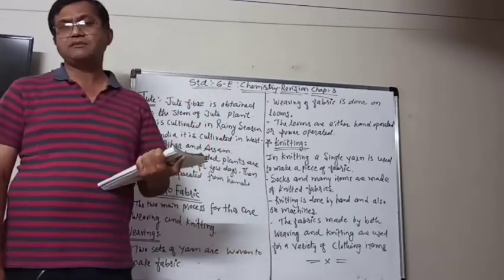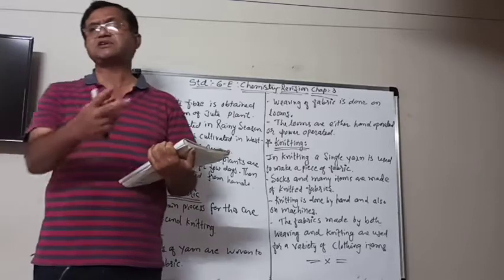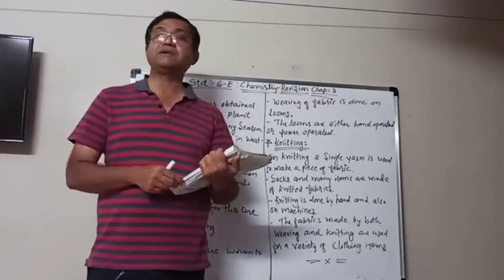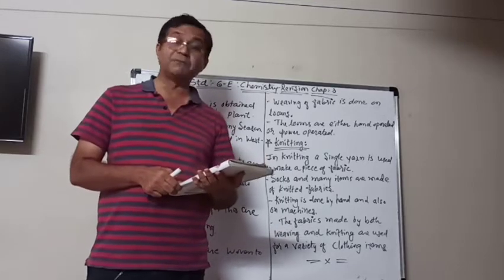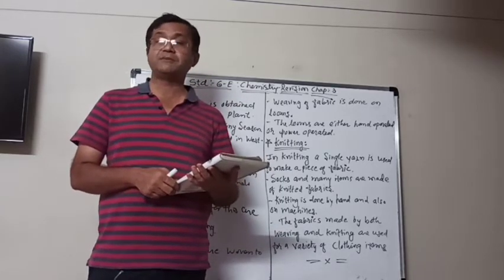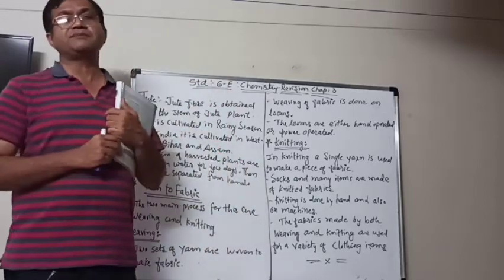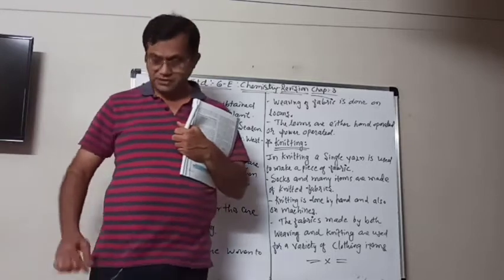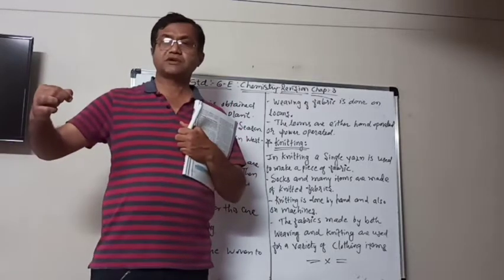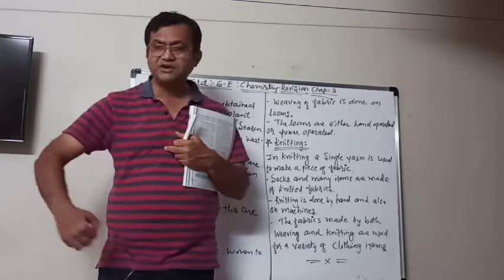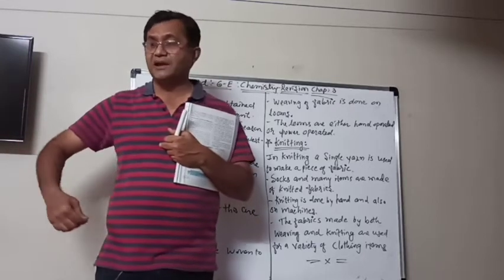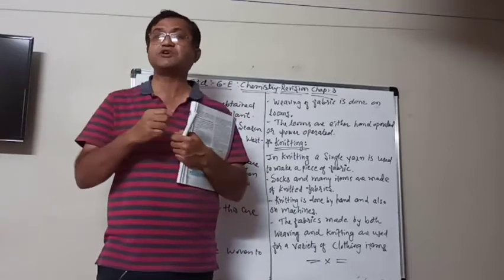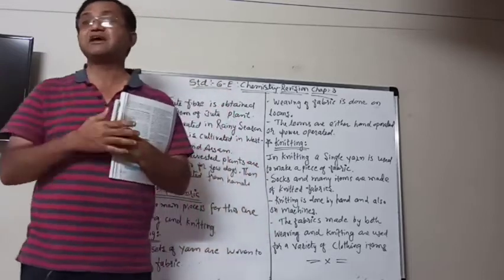Knitting can be done by hand, as I showed you, using two big needles, or it can be done using machines also. There are machines available. Sometimes you may have seen that in one of your clothes, if you see one thread coming out and you try to pull it, the whole line comes out one by one by one. Why? Because a single thread is knitted here.